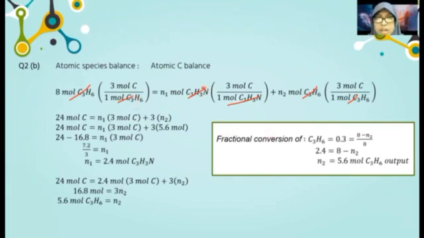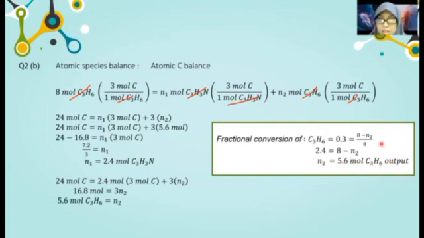Okay. So, kita nak cari nilai N1 dengan N2. Tapi kita tak tahu, dia tak ada bagi maklumat. So, dalam soalan dia ada bagi satu maklumat di mana adanya fractional conversion of C3H6 sama dengan 0.3. So, berdasarkan formula fractional conversion di mana mole reactor per mole feed, kita boleh masukkan nilai ni untuk cari nilai output bagi C3H6 di mana 8 tolak N2 per dengan 8. So kita buat calculation macam biasa, kita akan dapat 2.4 sama dengan 8 tolak N2. So N2 kita akan dapat 5.6 mol